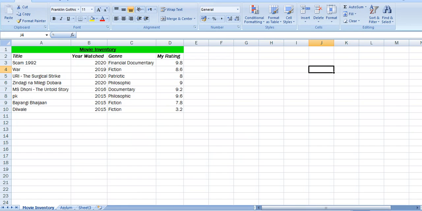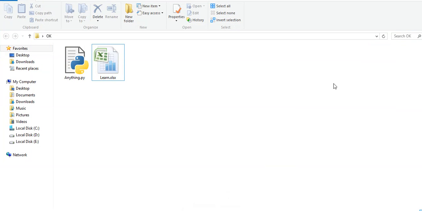Today we will be seeing how to use OpenPyXL to connect MS Excel to Python and to access the data. Today we will be dealing only with the basics, like how to access the data stored in an Excel file from a Python program, and we will not be seeing anything related to creating or deleting Excel files. Okay, so first of all, what we need to do is create an